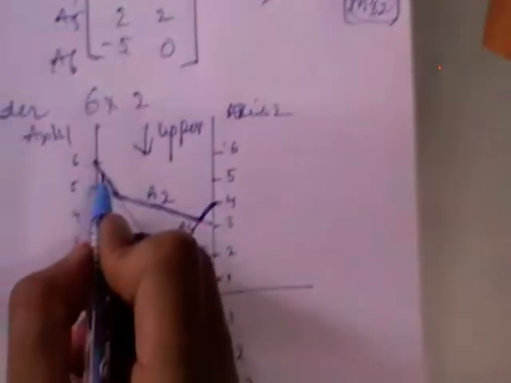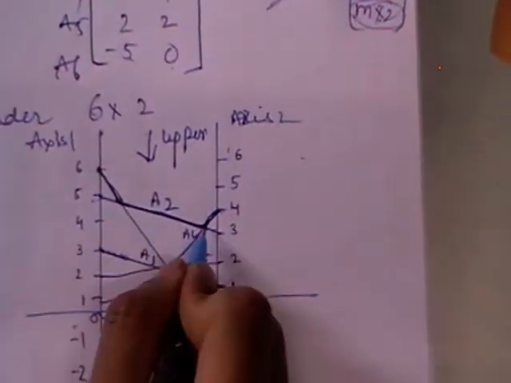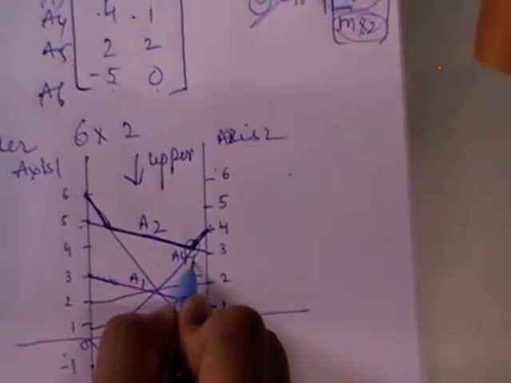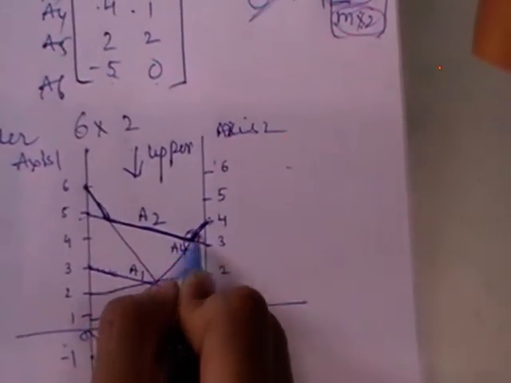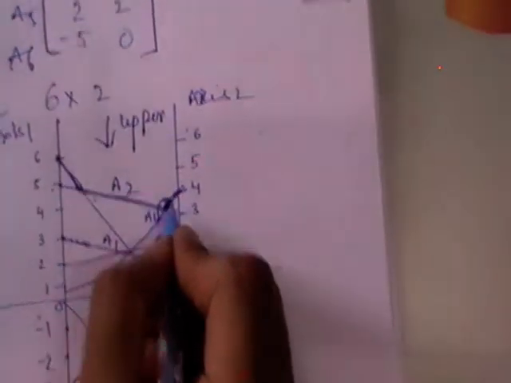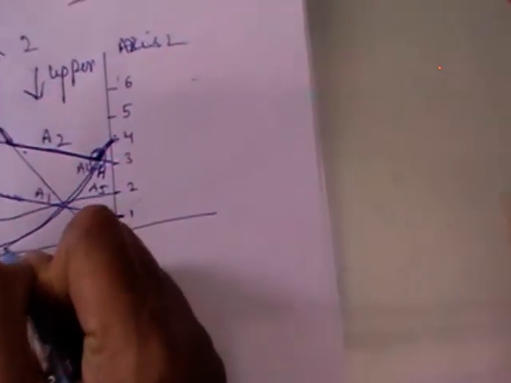From this upper envelope, this is one point, another point, so you have 4 points. Out of these 4 points, I think this is H. H is nothing but the least point from the upper envelope. This least point is a combination of these two lines, 4 1 and 3 5.